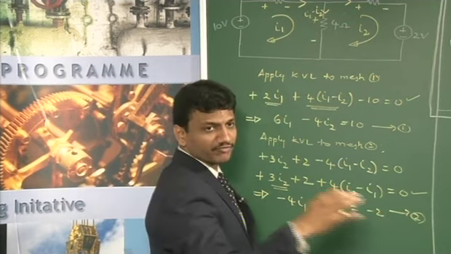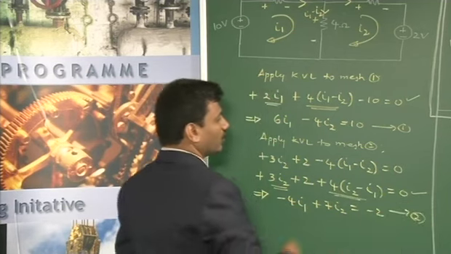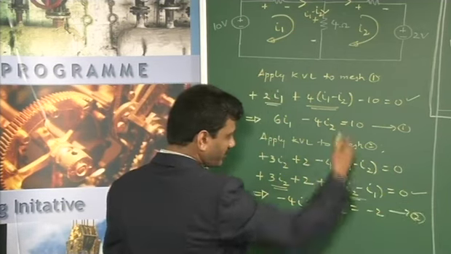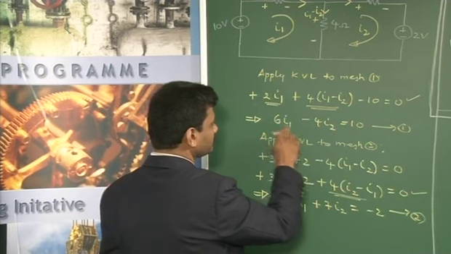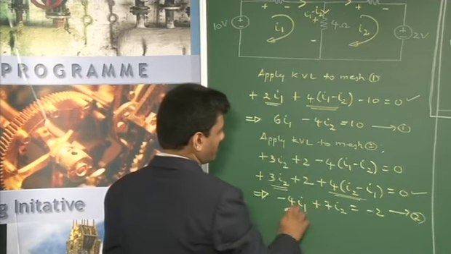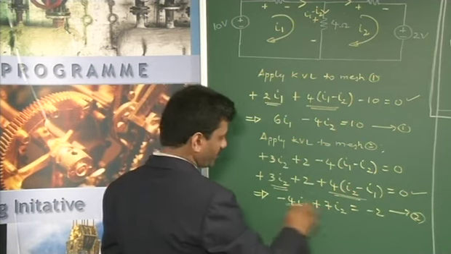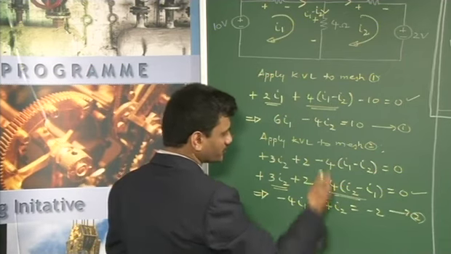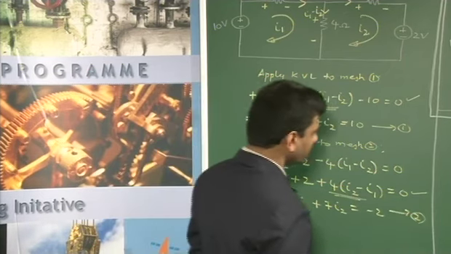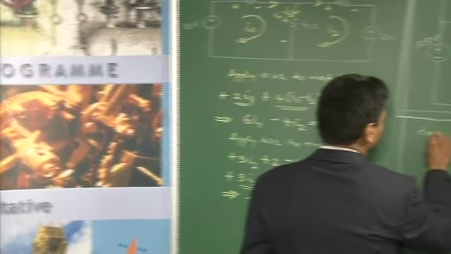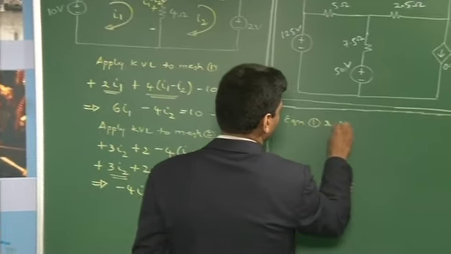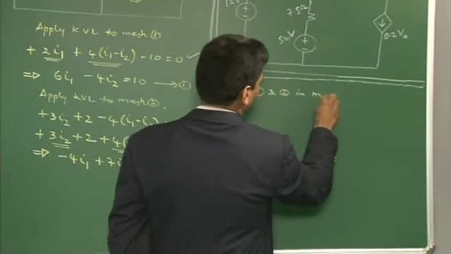Okay, but still we will be writing correctly. So these two are the equations. I have told you these two equations are in terms of the mesh currents. When we solve these two equations, we will get the mesh current values. So equation 1 and 2 in matrix form,